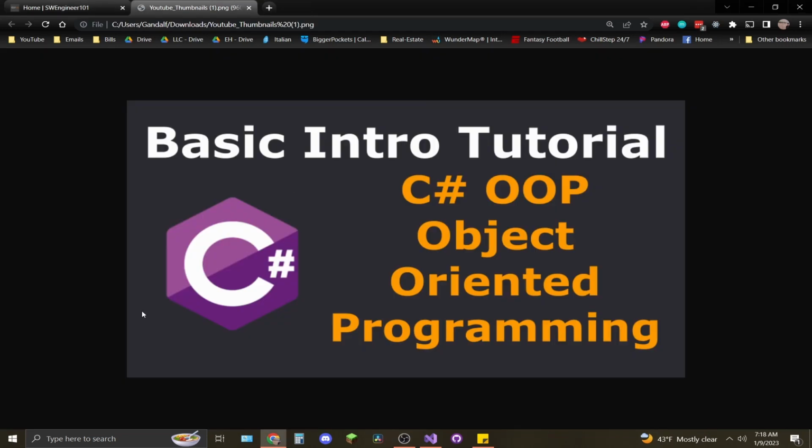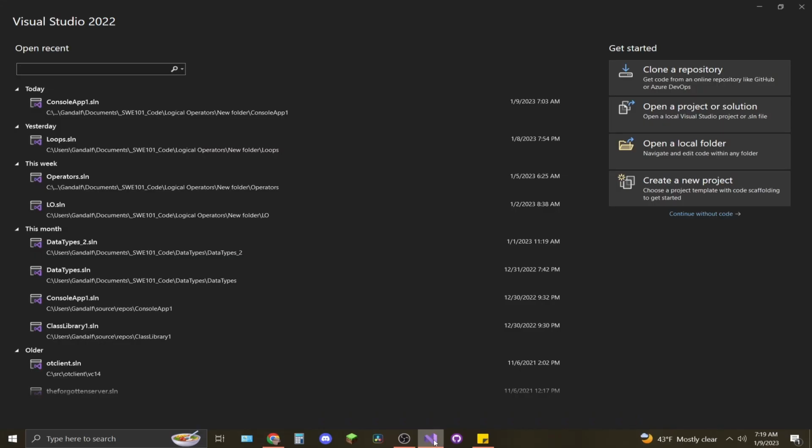Today we're going to cover C#, the basics of object-oriented programming. We'll create a class in C#, an object, and we'll access it and print its properties to a console. To get started, open up your Visual Studio, create a new project,